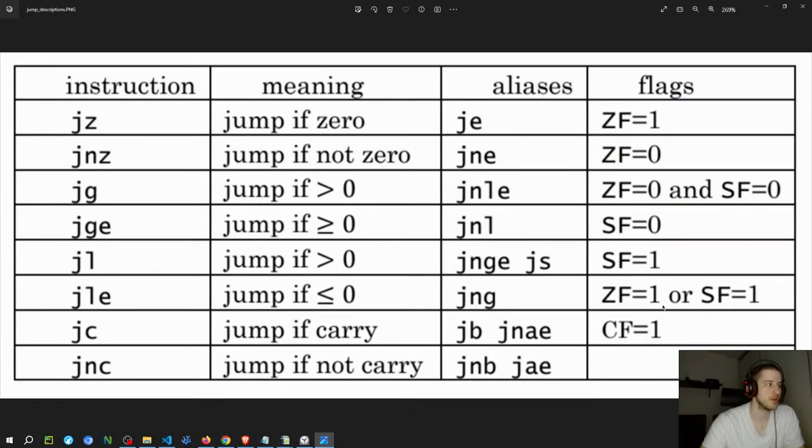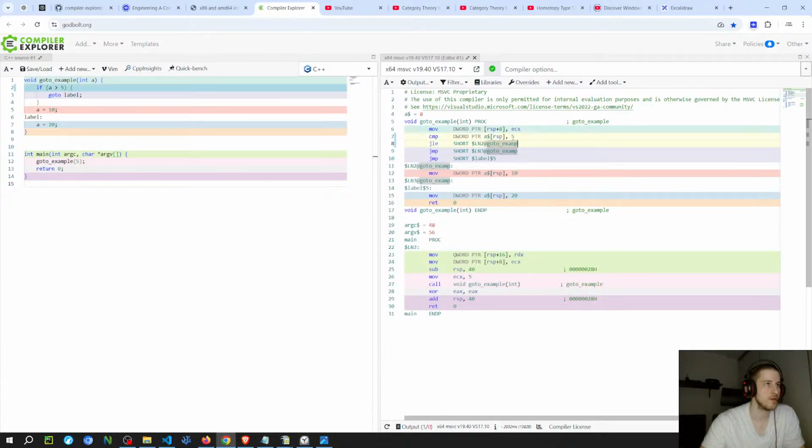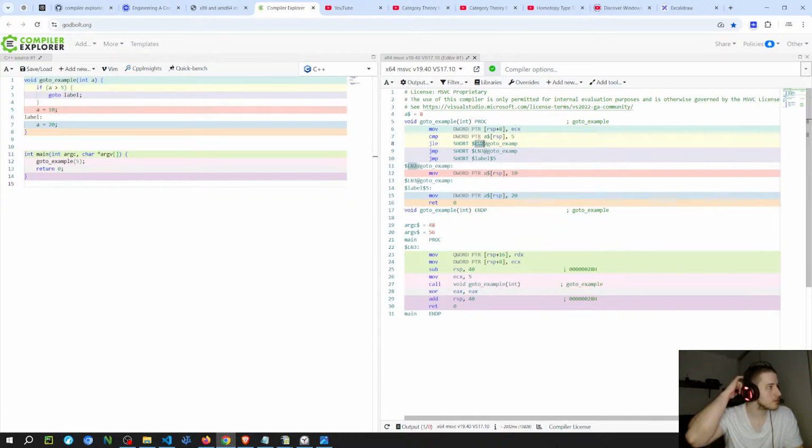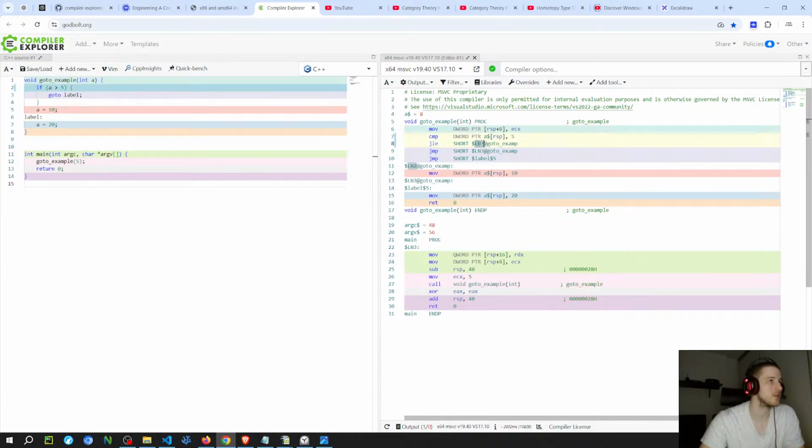So either one of them. So here it is gonna do the jump because I think that this is when the condition is met. Oh, this is the else statement. I think this is another part that's kind of confusing, but I'm not really sure if you can train this because it depends on the context.